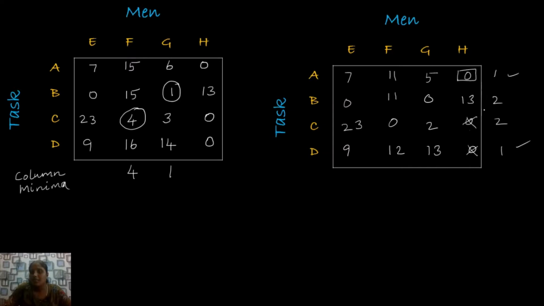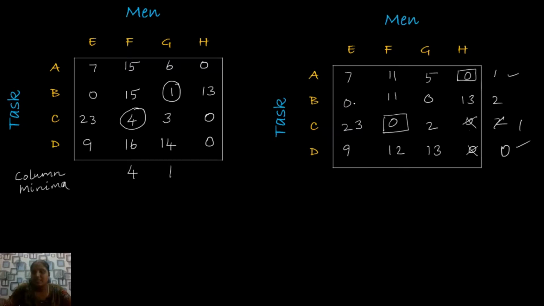So now let us go to the second row. The second row has 2 zeros, the third row has 1 zero, because one of the zeros we have already crossed off. And the last row doesn't have any 0. Now either we give the assignment for the second row or the third row. Now I am going to give the second assignment here. The corresponding row and column don't have any zeros. So let us move to the next assignment.